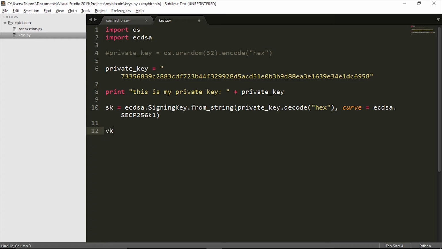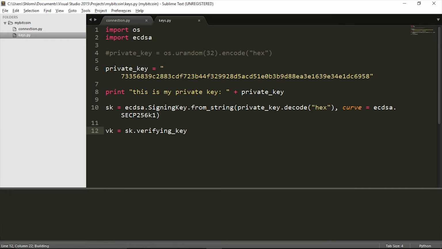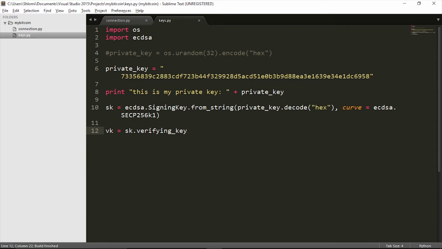So let's create VK. VK is for verification key. And this is quite simple. You just take the signing key and you use the function verifying key. That's it. Yeah, no errors. And now the VK, this is basically the public key. We can give it to other people and they can use it to verify messages that we signed. But it's still not in the format that is specified in the Bitcoin protocol, in the Bitcoin documentation. There are still a few changes we need to do